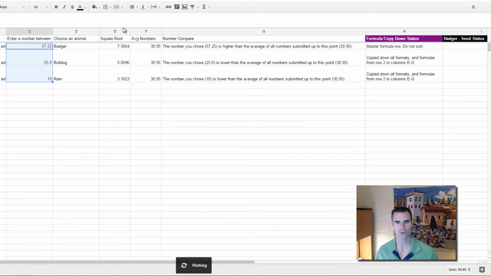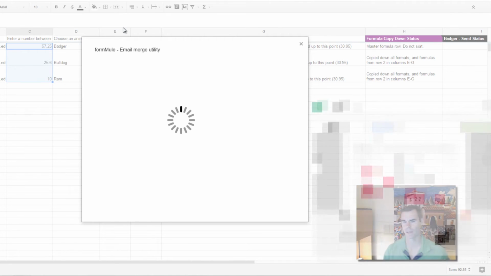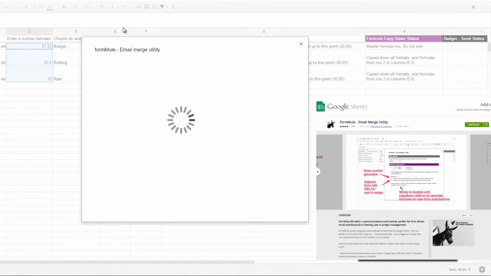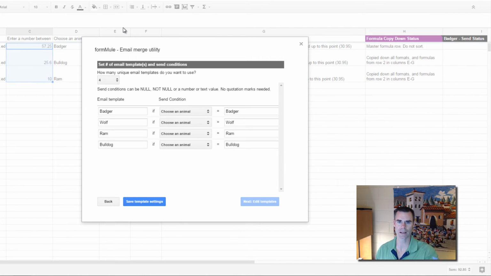And what Form Mule does is it allows you to create a customized email based upon either a time trigger, so every half an hour, every hour, every day or whatever, collect the responses and then send them out, or you can have it create this response automatically based upon a form submission. So right now I've got 4 different email templates based upon what animal is chosen: bulldog, ram, wolf, or badger. So the next thing we can do here is look and see what these templates look like and how it